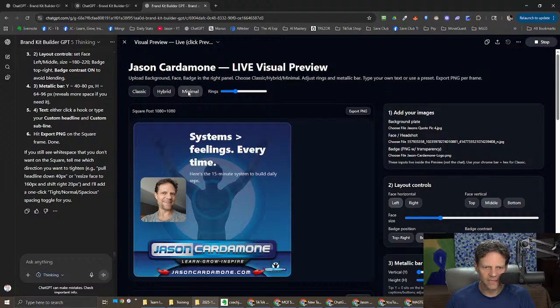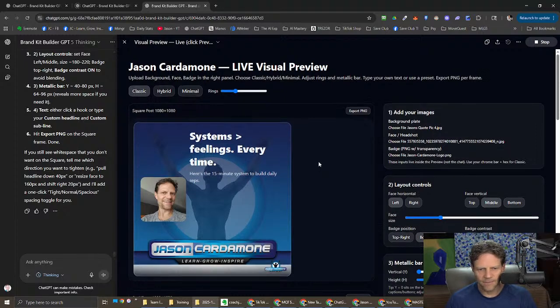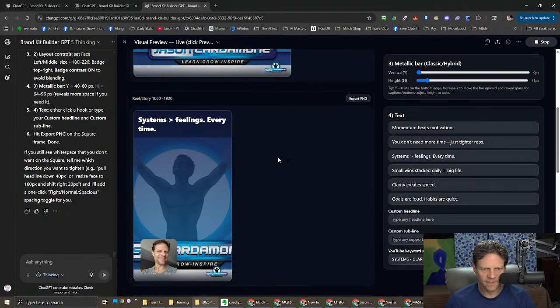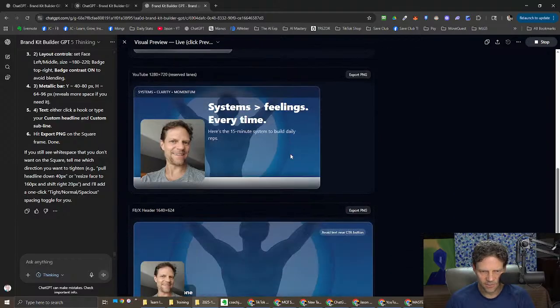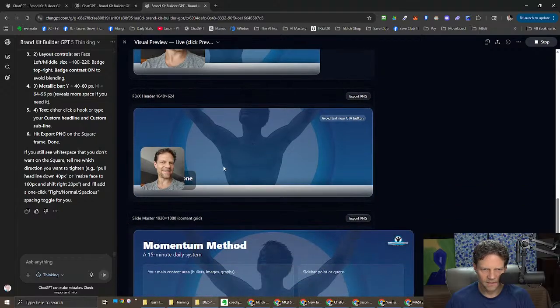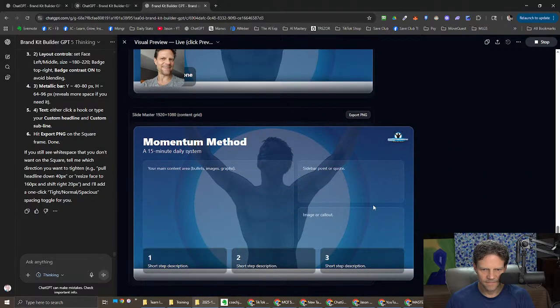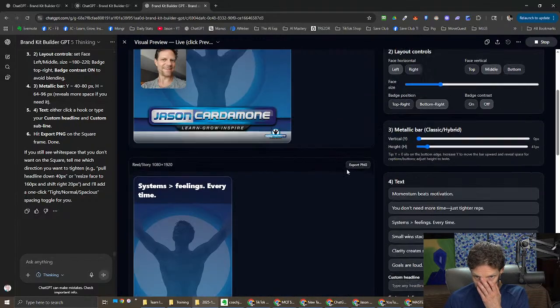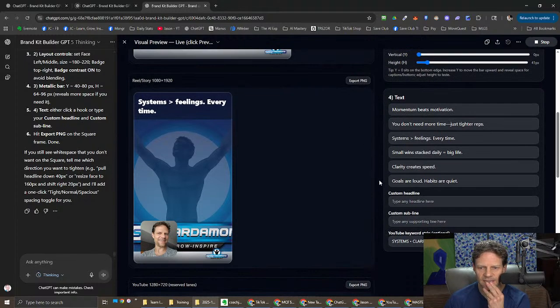I don't want those rings in there. I don't want the minimum thing, so I'm going to leave it on this classic thing. So I'm just going to run with this single. Now, this is all jacked up. This is kind of jacked up. This is definitely jacked up. This one is almost there, but there's a little overlap. But this could be cool. I did this. Although I'm not going to always want this. Some are going to be just this. So I don't know if that fixed layout, if I'll love for slides, but